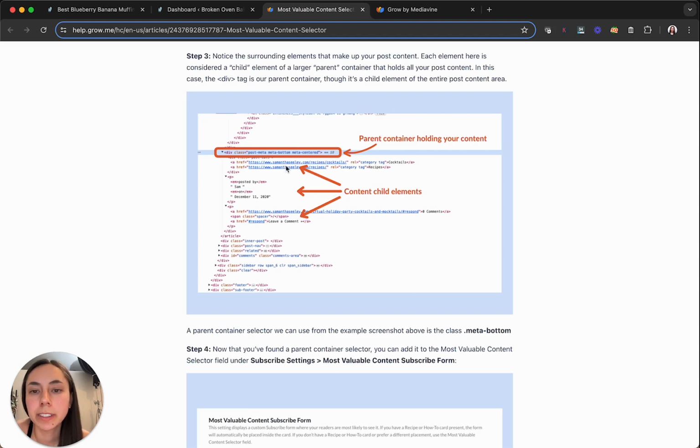So what they're saying to do is look at the code and kind of try to find the code for the thing that you want to put this Grow form below. And so what they did, they looked at this code and they found there's like post-meta space meta-bottom space meta-centered, and what they did was pull the meta-bottom from this. So I'm going to look for something similar in the recipe card, and